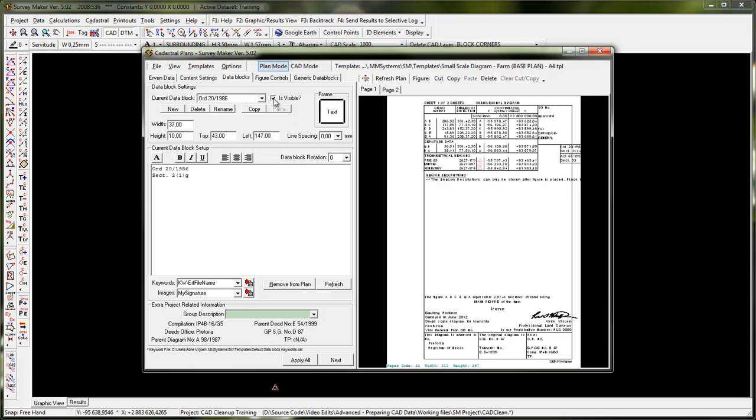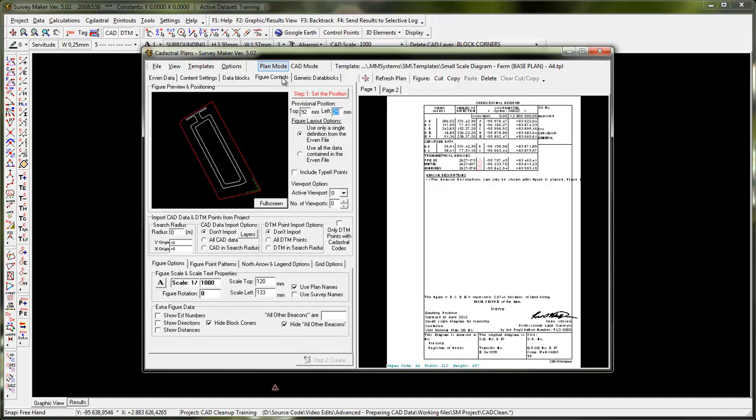Ordinance blocks, I'm just going to remove these two ordinance blocks, and we're just going to have one sheet in this specific case. So you'll see the editing is very easy. You just click on the data blocks, you make them invisible, and you can zone in on exactly the look that you need. If you go to figure controls, I can now place my small scale, create it on there,